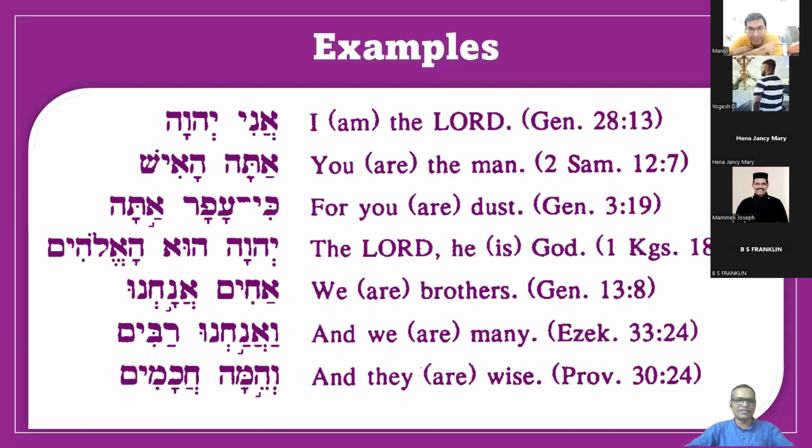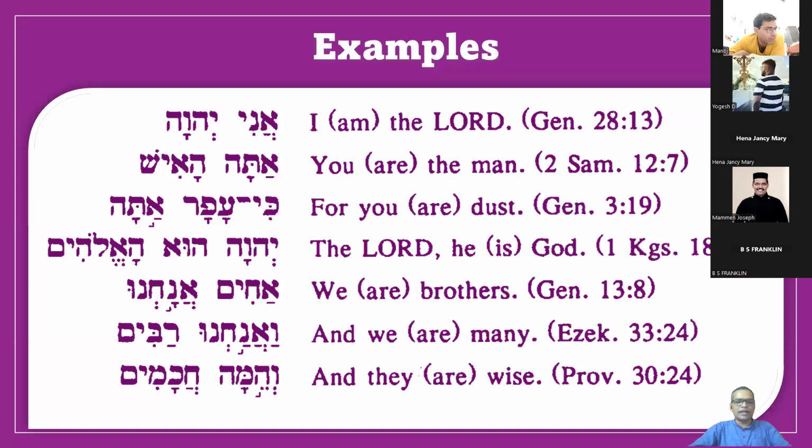No. It is not written like that. Accent is always to ensure that it has to be pronounced. For example, whenever we came across metek also, metek is also an accent. So always when there is a metek, and after that you see a shva, if the vowel along with the metek is a short vowel, then also that shva is long. It has to be pronounced only. That means it is a vocal shva only.